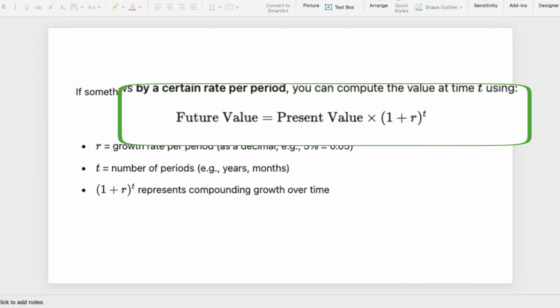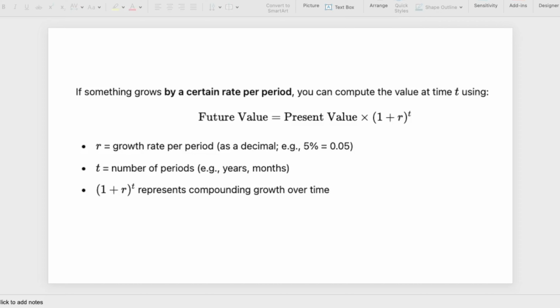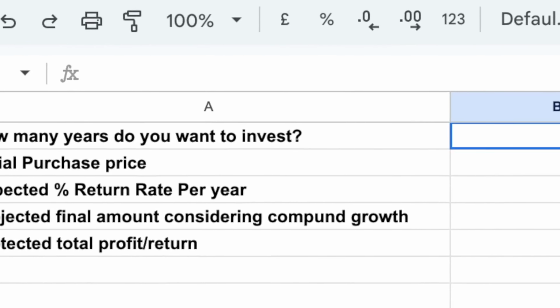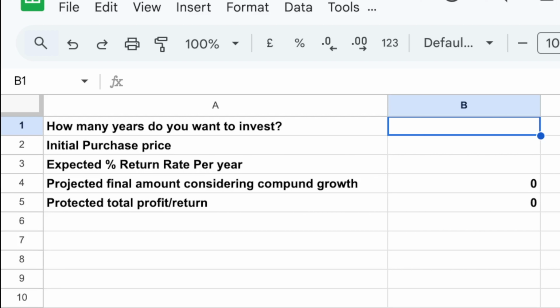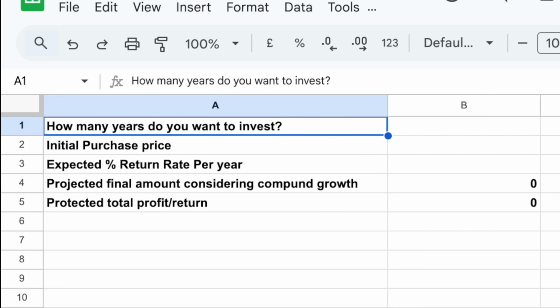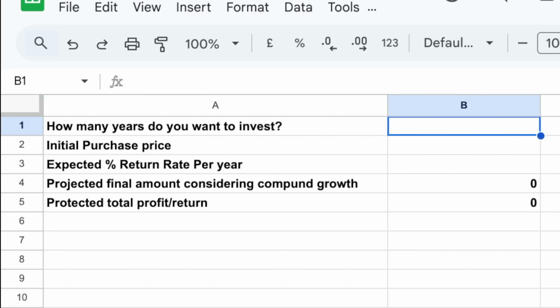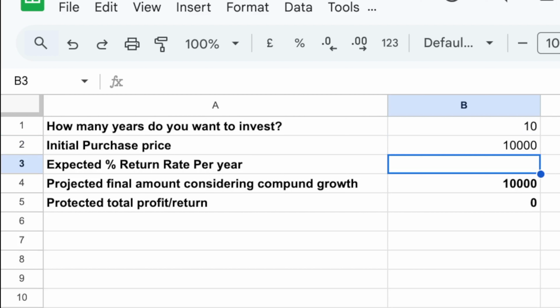I have built a Google spreadsheet. Let's go to that spreadsheet. Okay, here it is. In this cell, let's put how many years we want to invest the fund. Let's say I want to invest for 10 years. Now, what is the initial price? Let's say the amount that I can invest is $10,000. Now, the expected percent return rate per year. Let's put 18% or maybe